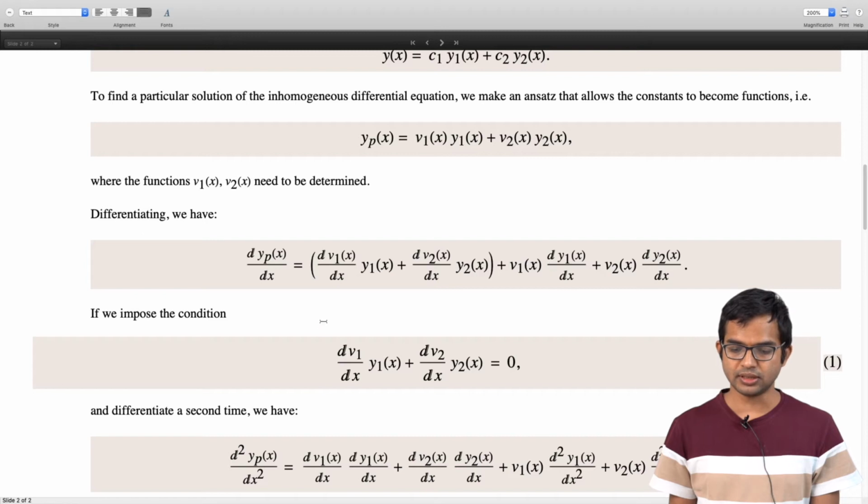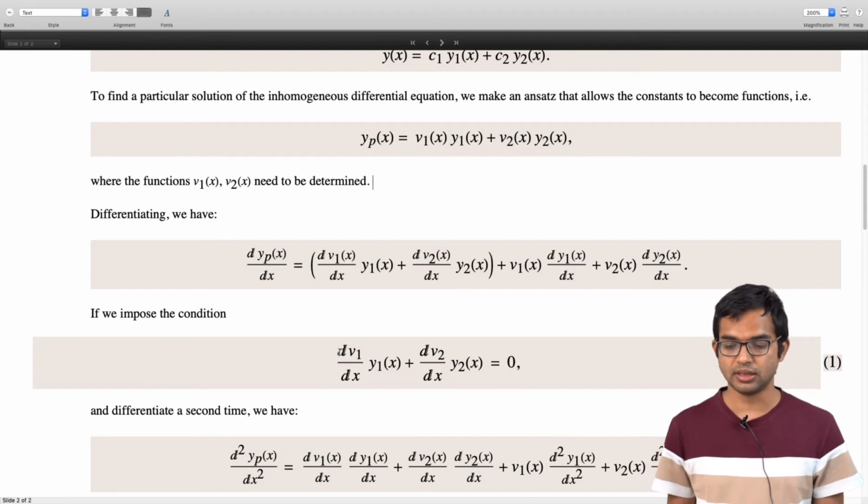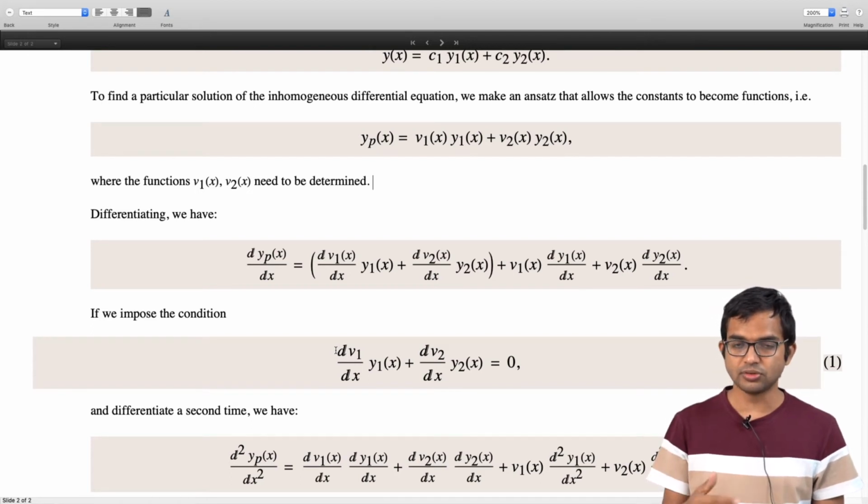Right? So what this condition has ensured is that there are no second order derivatives in v1 and v2, right? So we want to work with just first order derivatives in these unknown functions. So that's what this condition does for us. As we will see in a moment, this is a simplification which allows us to in fact solve for v1